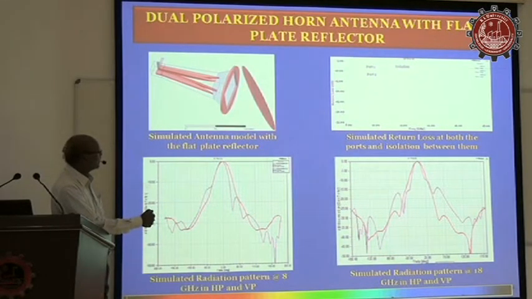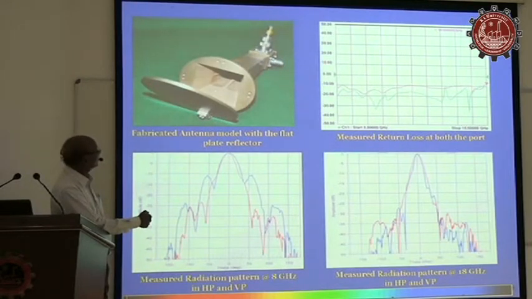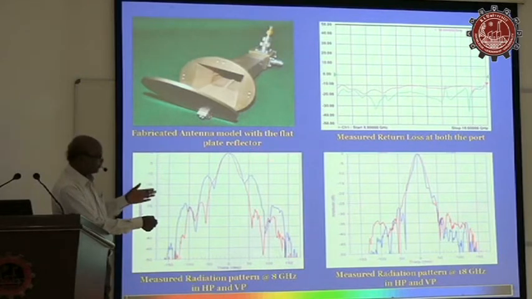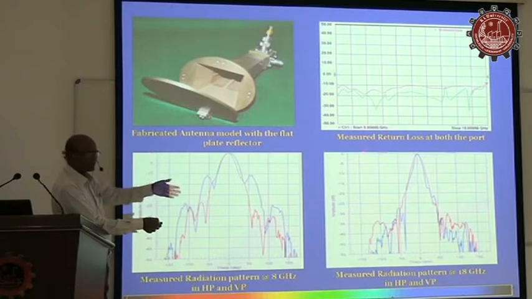So we used a rotating plate, keeping this stationary. When it dispatches down, because of the plate, the beam will come in the horizontal plane. By rotating this plate, you can scan the beam in the horizontal plane. Because of the simulation only, you are able to simulate the total performance, finalize the design and realize the product. This is the product developed. This is the measured performance. Whatever we simulated, if you plot this and the simulated plot, up to 20 to 30 dB it will match.